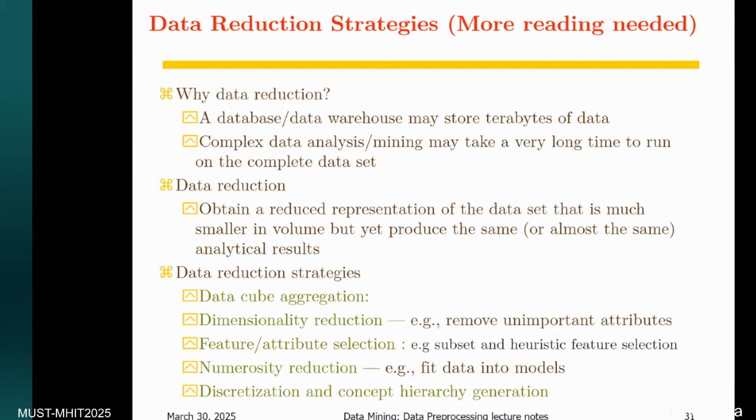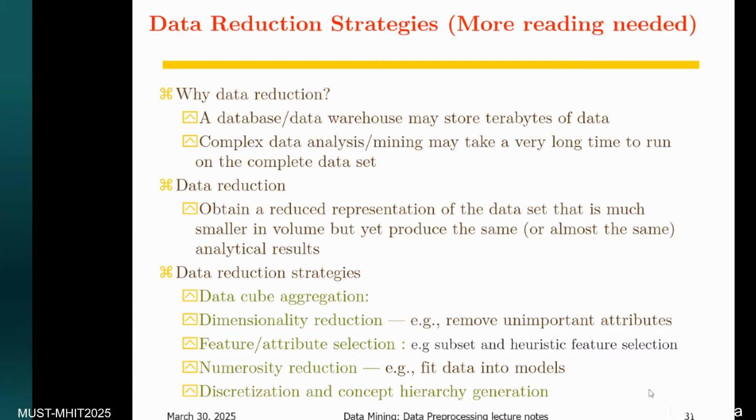Data reduction aims at making sure that we can still get the same results from a representation of the overall data. Some of the techniques or strategies that we can use to obtain a reduced representation of the data set include data cube aggregation.